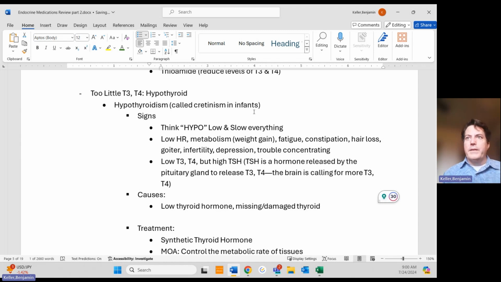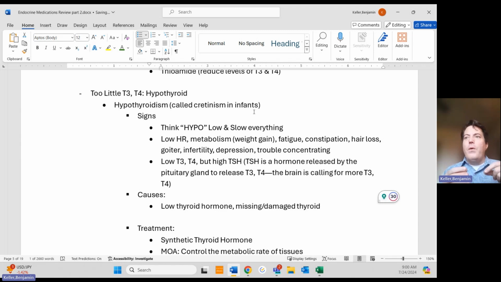They're going to have a low heart rate. They're going to have low metabolism. And when someone has low metabolism, that means they're gaining weight. They're going to have fatigue. They're going to have constipation, slow bowels. They have hair loss. They'll have a goiter potentially, infertility, depression, trouble concentrating. And they'll typically have a low T3 and T4. That's the active thyroid hormones, but they'll have a high TSH level because